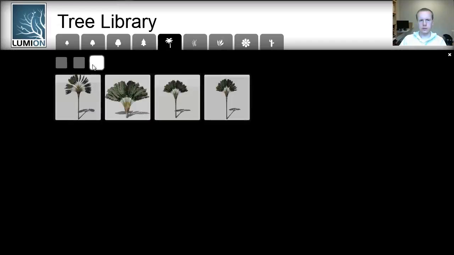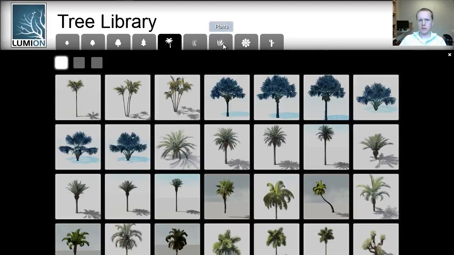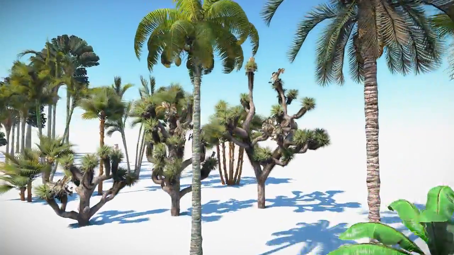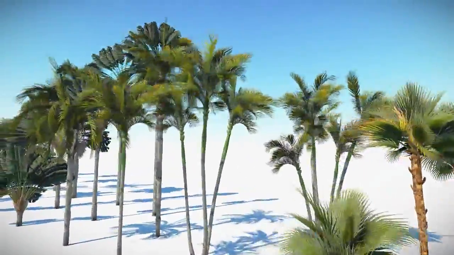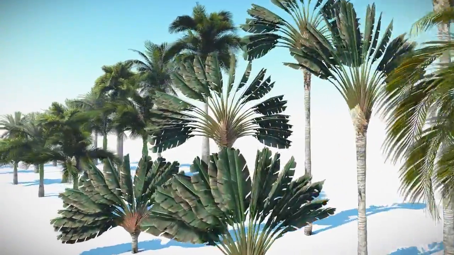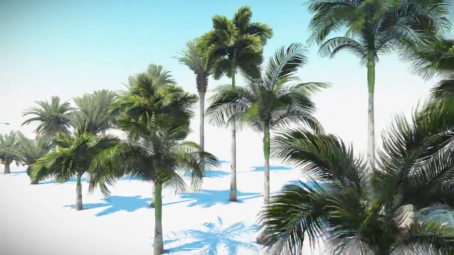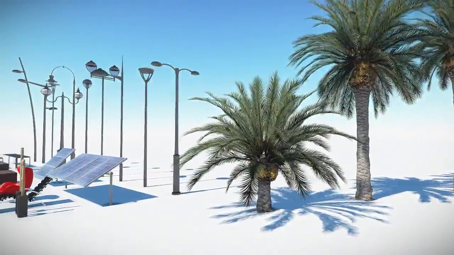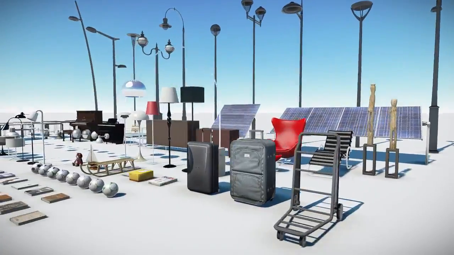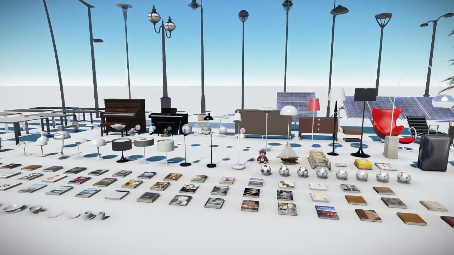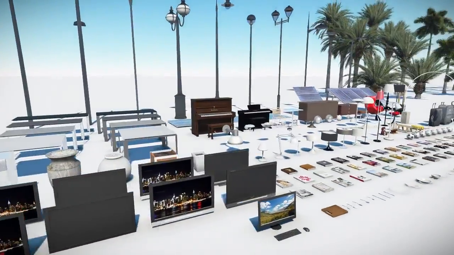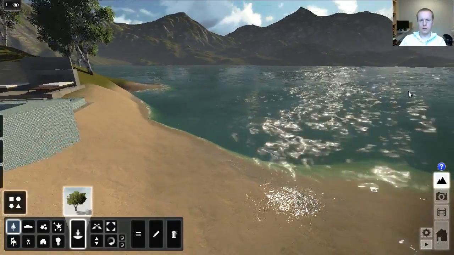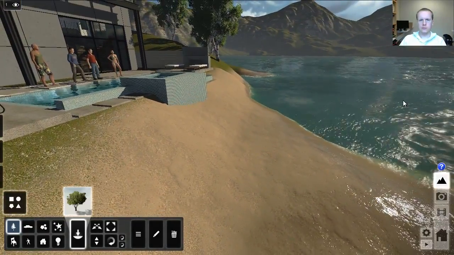Most notable are the introduction of a lot of new trees and plants, and we did a lot of work on the colors of the terrain. As you can see, the wet effect of the terrain is much more notable,